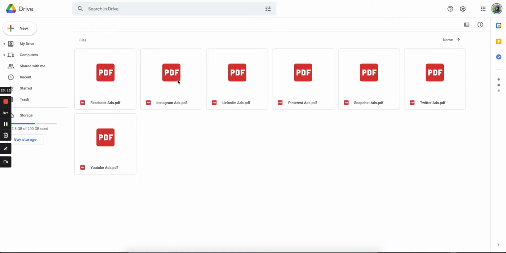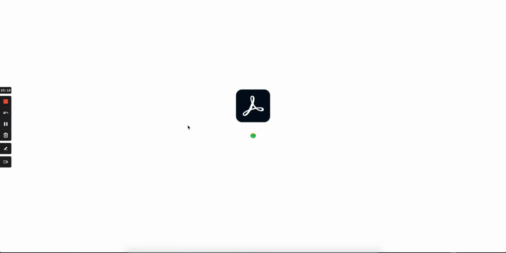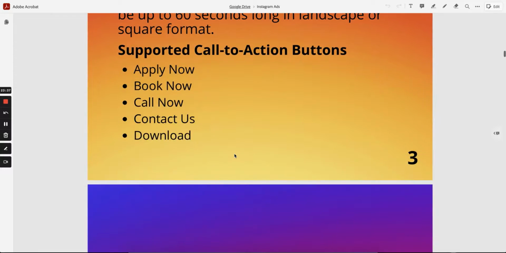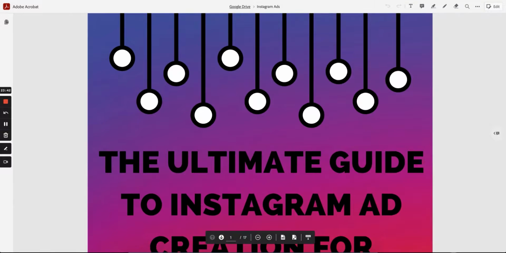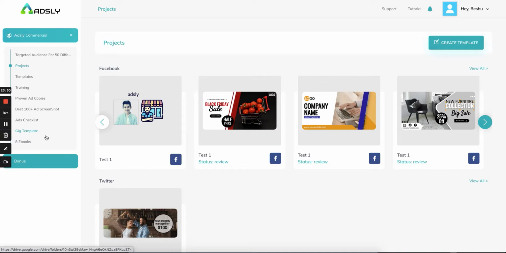And last come ebooks for all the social platforms, which explain in detail how to run ads on each of these platforms, because we understand that you might know how to run ads on one platform or two, maybe three, but there are very few chances that you know how to run ads on all the platforms. So we are giving you a detailed guide explaining how to run ads on all the platforms so that you know what to do and you are not doing something wrong. So you now have ebooks which will tell you how to run ads.